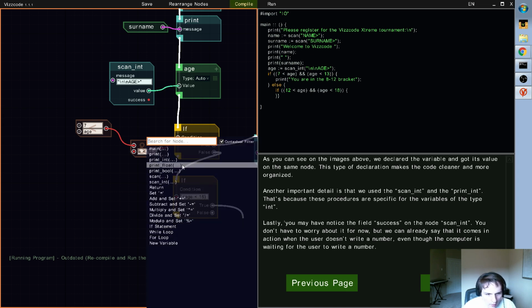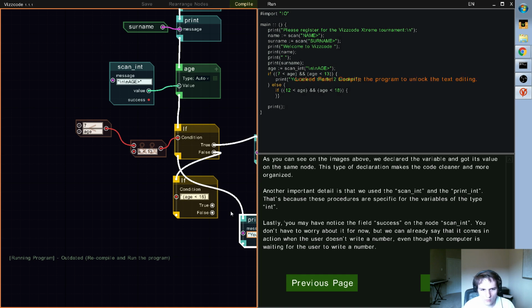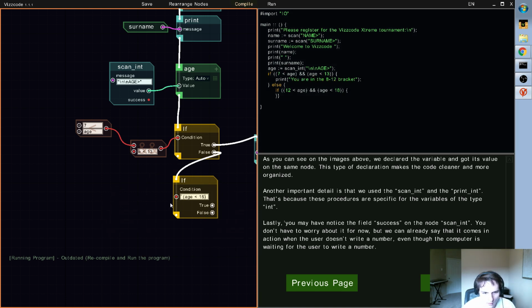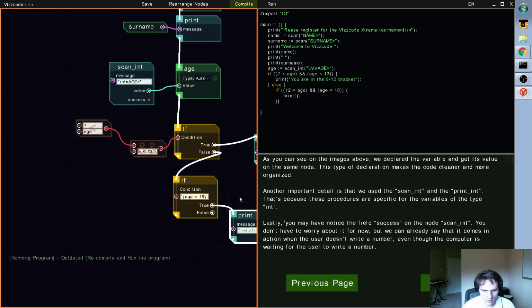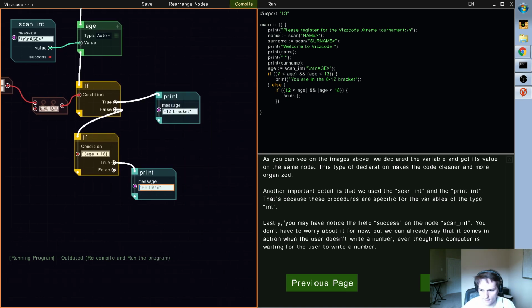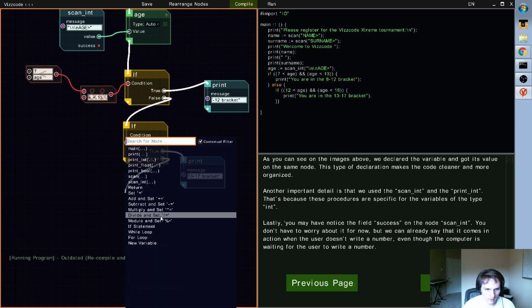All right, print. Oh, this isn't right. That's not right. I wanted the true condition. Print, there we go, okay. I must have misclicked or something. You are in the 13 to 17 bracket. All right. If that doesn't happen, then,